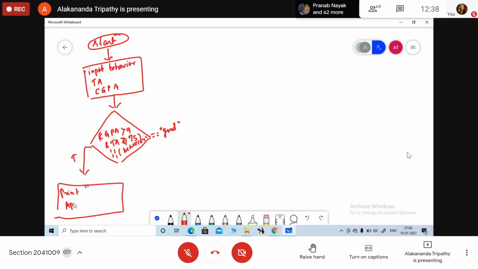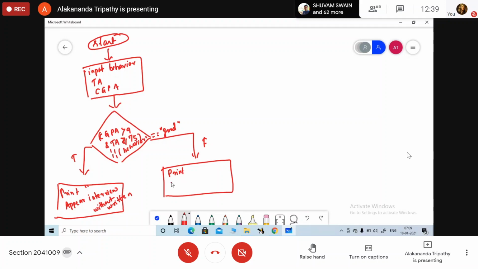Print appear interview without return. Otherwise, what you need to do? If it is false, then what will be the value here? Print interview with return.